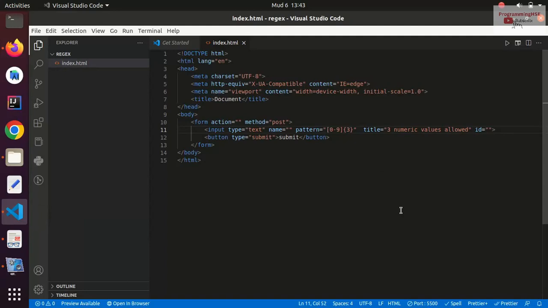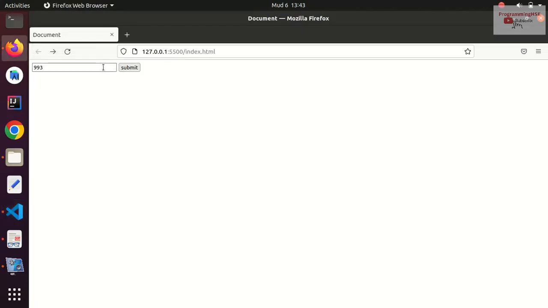Now, if you want a range, maybe 3 to 5, 3 to 6. So you want the user to supply an input of numerical values, length 3 to 6. This is the expression that we'll provide. So if we come here, supply 3, it's okay. If you supply 2,